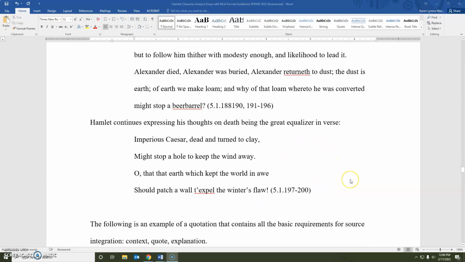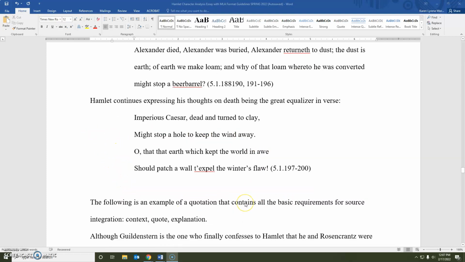Here is quoting more than 3 lines of verse. So you do the block format, which means no quotation marks anywhere, and end the quotation with whatever punctuation happens to be there, and no period at the end here. So you can think of it, if you have quotation marks, then you put the period after the parenthetical citation, because quotation marks means it's not a block quotation. If you don't have quotation marks, it is generally a block quotation, and you can tell because you have indented twice to make that block format.